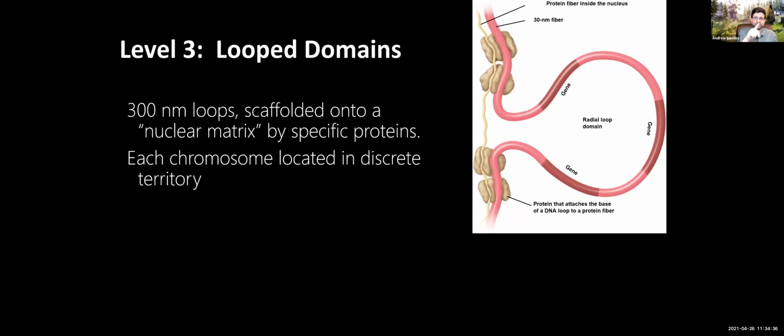I want you to look carefully at this. You can see the beginning of what's called a looped domain. So you can see that we can put some genes out into space where the genes can be active. They can be active, right? And then we come back in here, and the rest of this is just tight DNA, right? So we can basically picture a ball of yarn and then pulling a thread out of it and then being able to read through that. Okay, so that's the idea here.